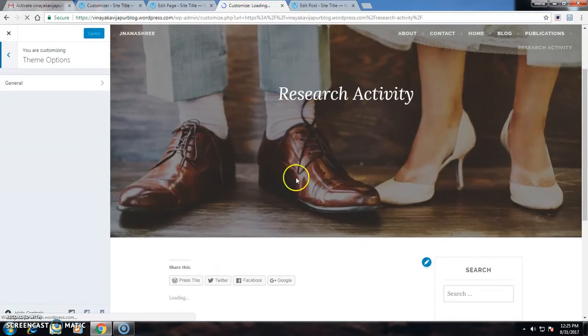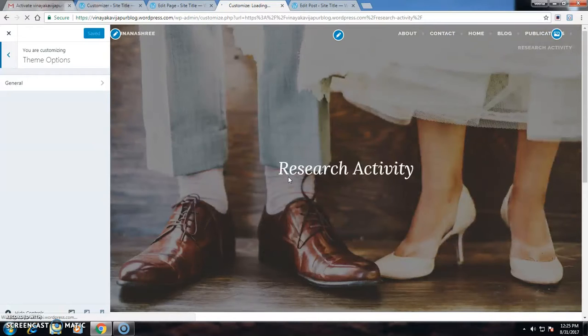It is still continuing. Like that, by customizing, you can customize anything on the screen.